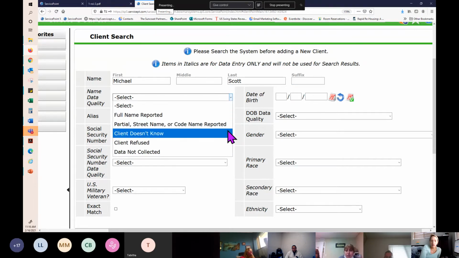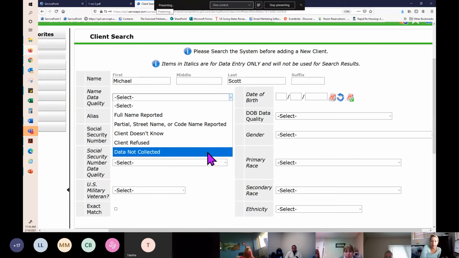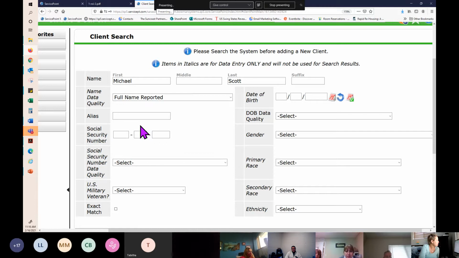As you can see here from the dropdown, we have our no responses of client doesn't know, client refused, and data not collected. We want to do our best to avoid using those responses. We always want to make sure that we are collecting complete, current, consistent, and correct information. All right, so full name,